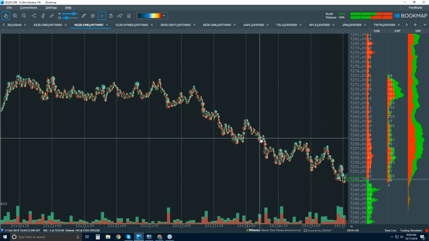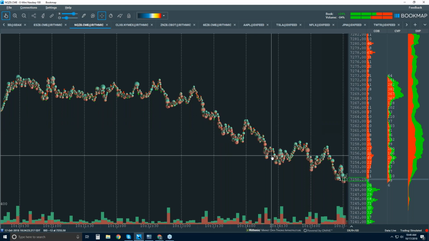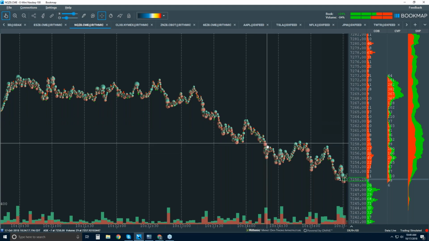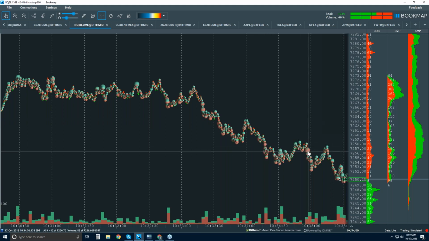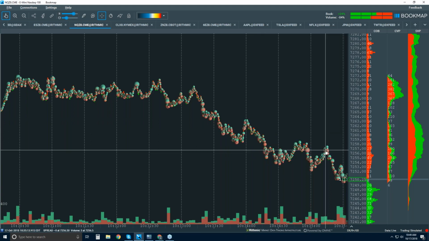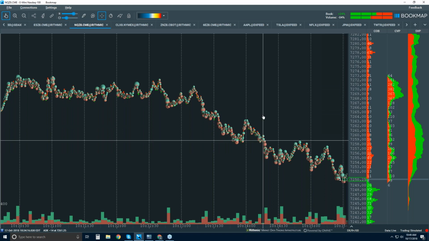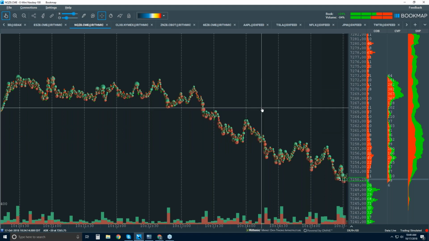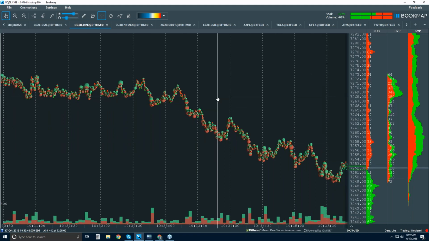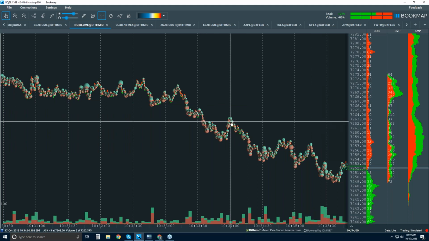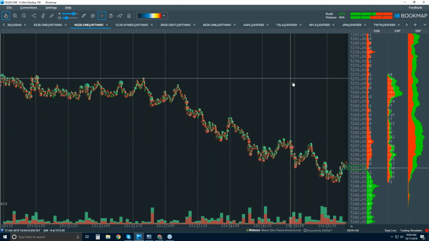We see more selling here, looking for it to break down again, and continue. And we get another pullback right to where we broke down again. And here's another one again. You'll see this pattern repeat over and over, and this is one of the strategies we go through in the educational course. So if you're bearish, you'd be looking for those pullbacks, get in, try to ride it to the downside. Anyway,